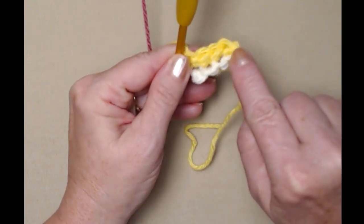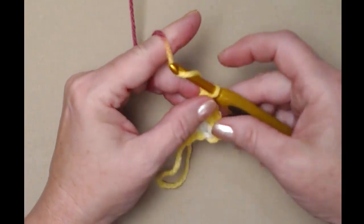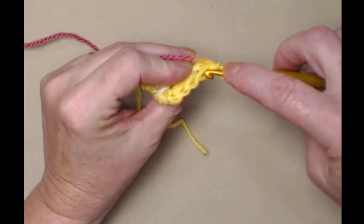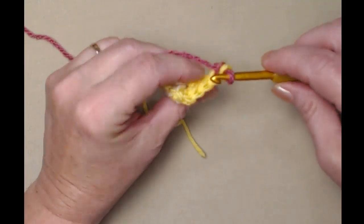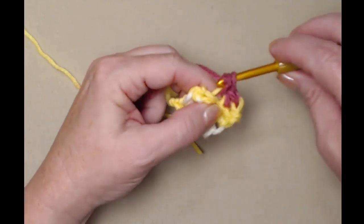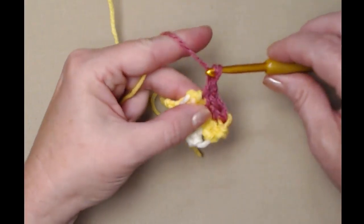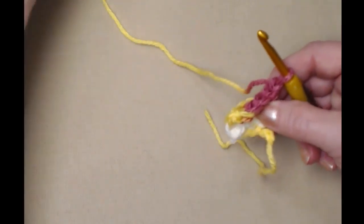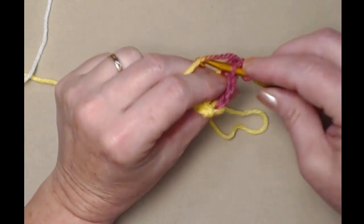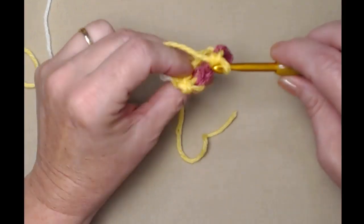So I've stitched 4 single crochets working in the back loop only. We're going to chain 1 and turn, and then we're going to repeat that. 1 single crochet in each of the 4 single crochets working in the back loops only. Chain 1 and turn. Let's do another one. We chained 1, we turned, working in the back loops only, 1 single crochet in those 4 single crochets,